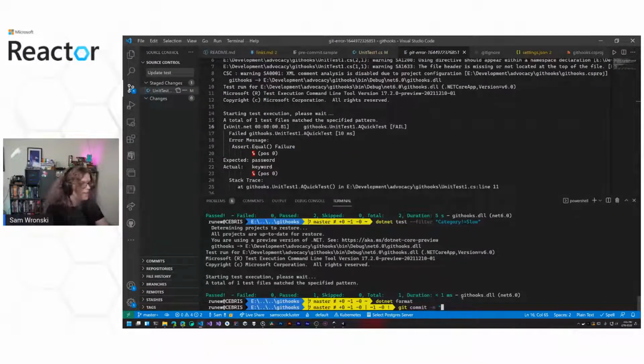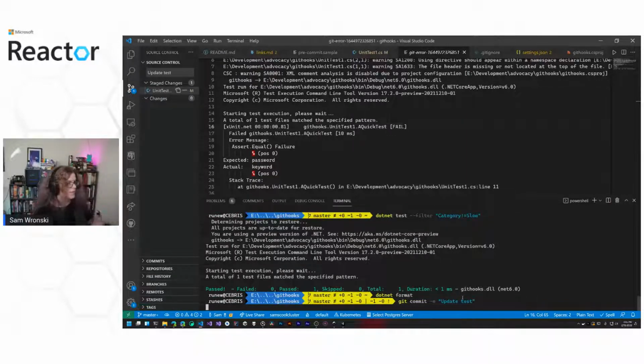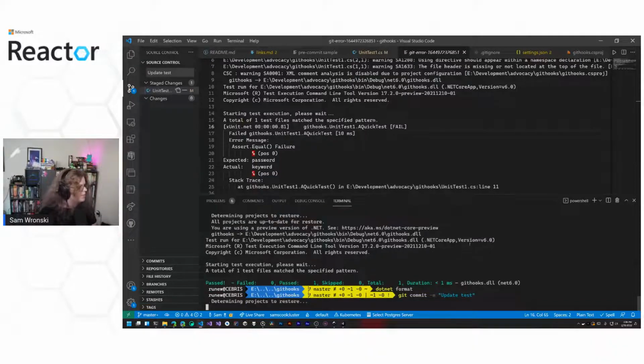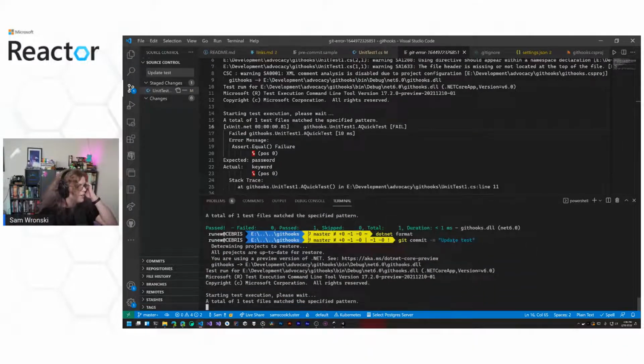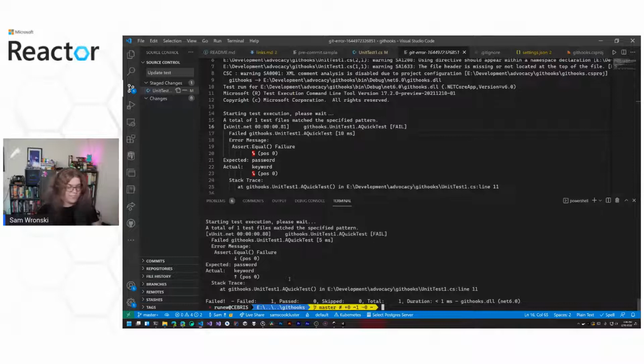git commit -m. We're going to call this update test. And so this hopefully checks in our new test. There we go. And now you can actually see it's running our tests. So it's actually giving you all the output. And now here is our failure. And so we get our test results directly in our Git shell. I didn't tell it to run the tests. It just ran the tests. And it only ran that one, but it did run tests, and it prevented us from even creating a commit